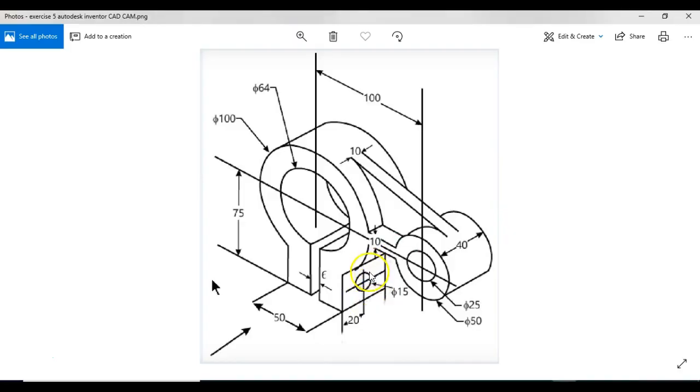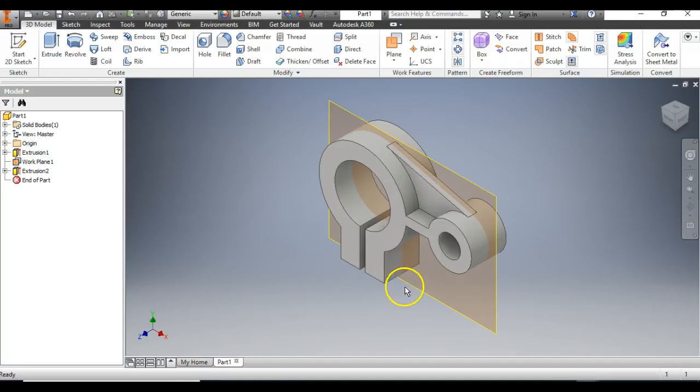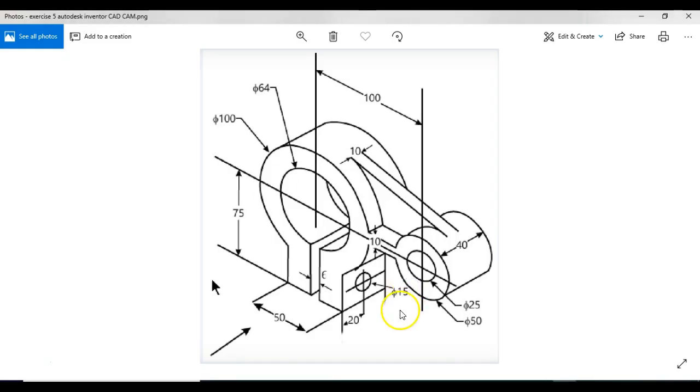Okay, so we have a hole here. I'm going to right click, new sketch on this surface, and I'm assuming that's all the way through. Usually when you see a hole like this, and there's no notes, that means it's going all the way through. It should say through hole, but that one is